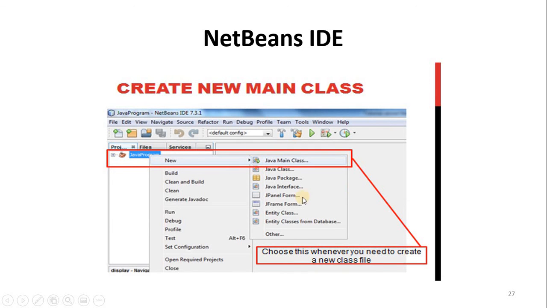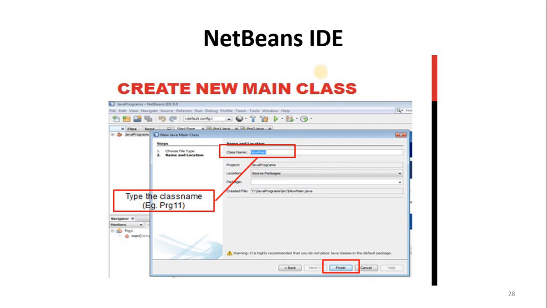If you want to add a main class separately, we can also do that. If you did not add it previously, you can right-click on the project, select New, and then select Main Class if you need it, or a normal class if you need that. In the same way, to create a main class, you can give it whatever name you want, proceed, and finish here.